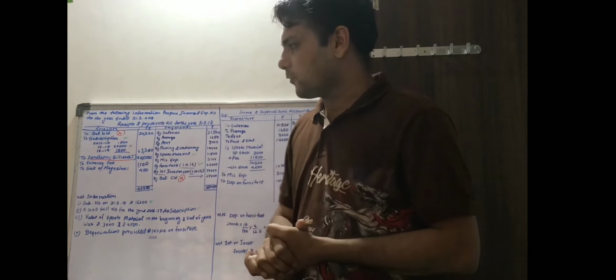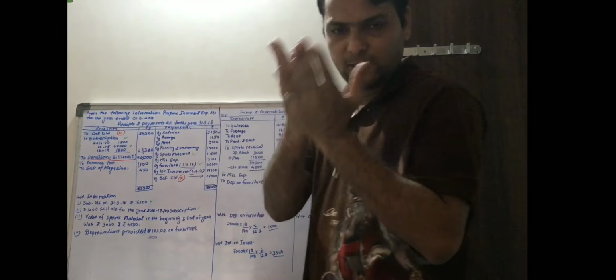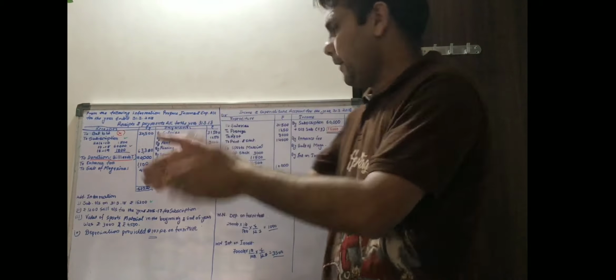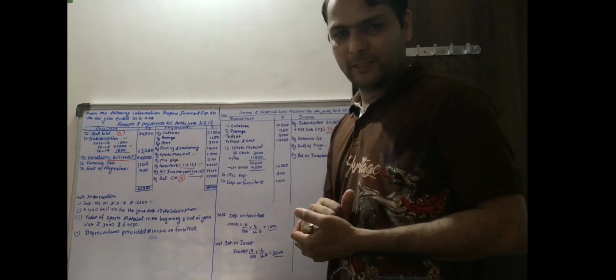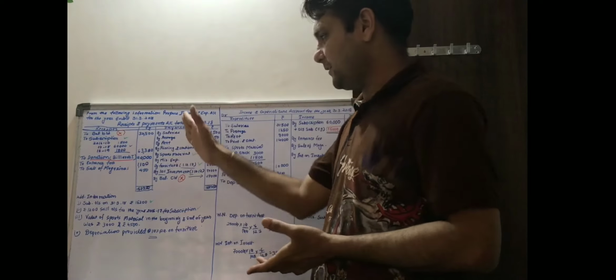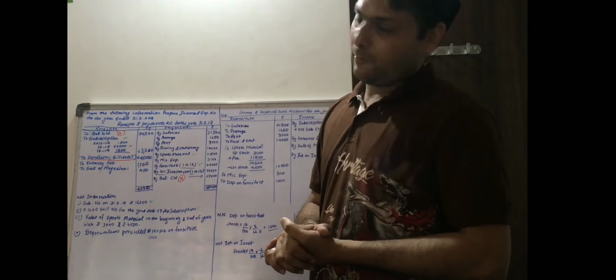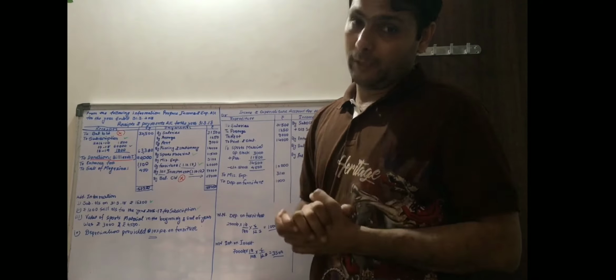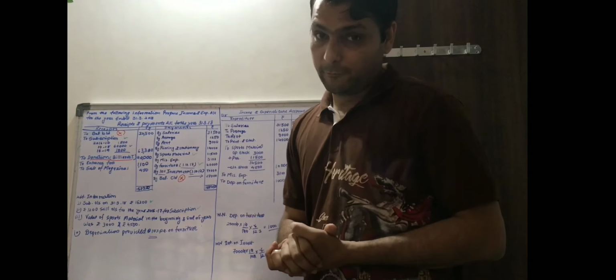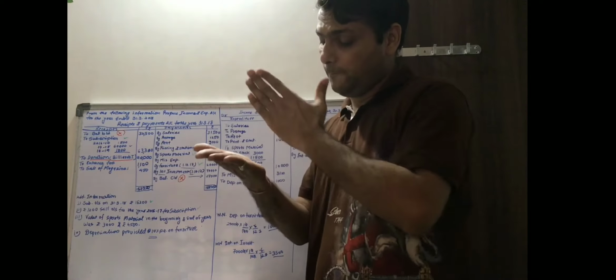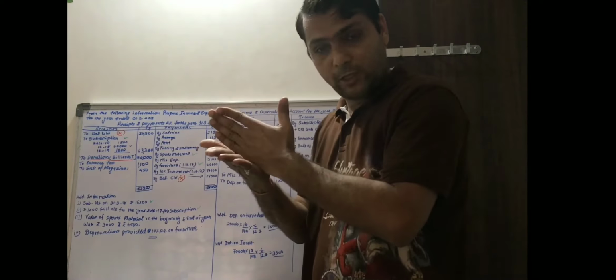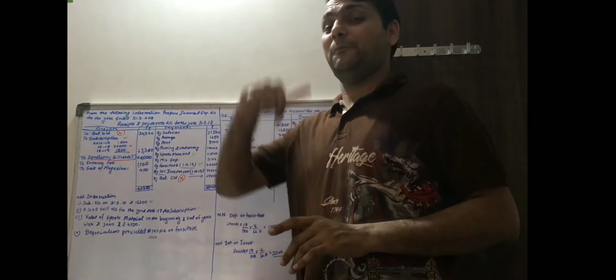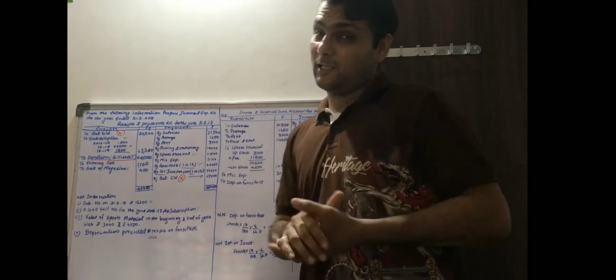It is very simple to start the question. You have a receipt side, receipt means the income side. You have a payment side, payment means the expenditure side. There is a cross transfer: the debit side of the receipt and payment account transfers to the credit side of income and expenditure, and the credit side of payment transfers to the debit side of income and expenditure as expenditure. But do you remember, all the items cannot be recorded. Why? Because we have to differentiate between revenue items and capital items. You cannot write all the items. Also, only items relating to the current year, not previous year, not next year. So adjustments also come into effect.